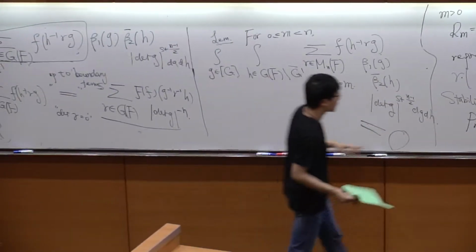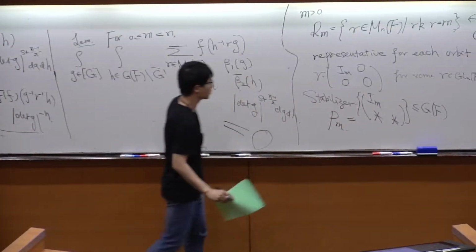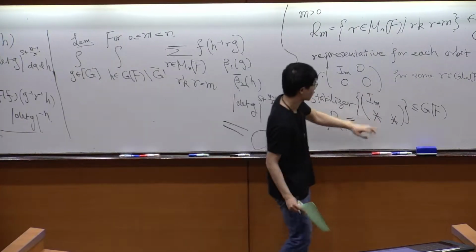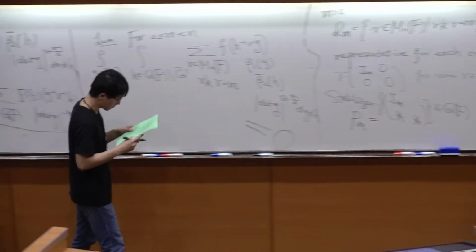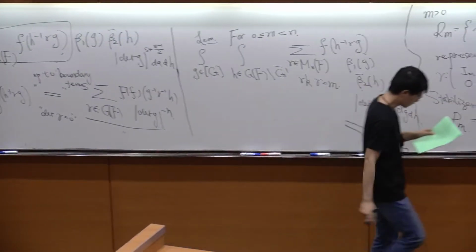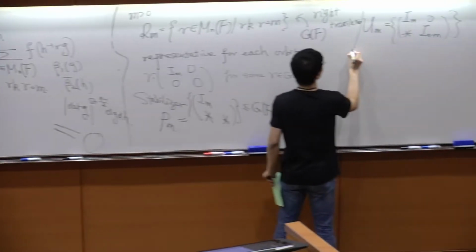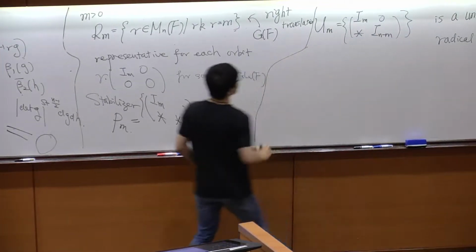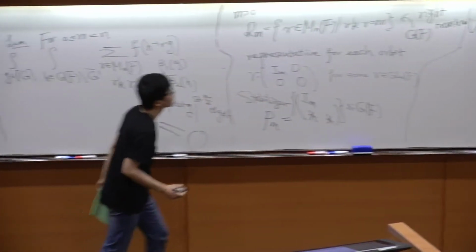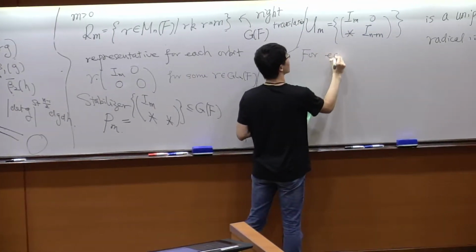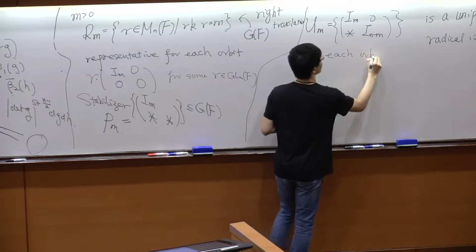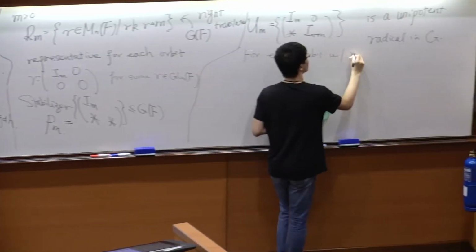And again, the stabilizer is a parabolic of the... It's not a parabolic, but it's of the following form, and they have the unipotent radical. Okay. Then the zeta integral for each orbit can be written of the following form. So for each orbit, with representative